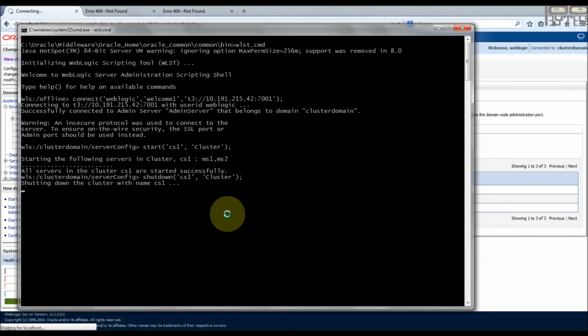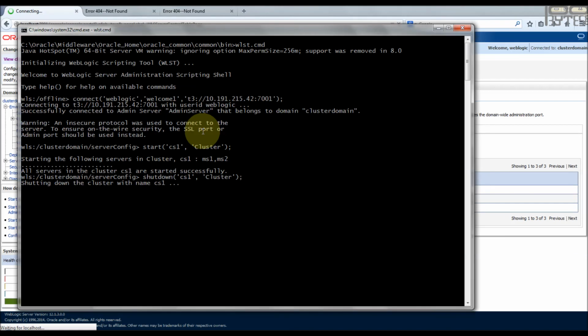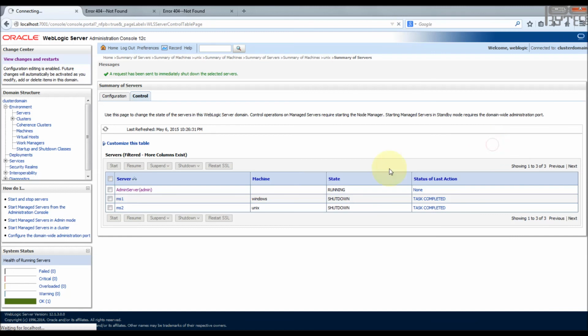One is a Windows machine and another is a Linux machine, and we can monitor the status in the admin console. Okay, now it says both the servers were shut down. Let's see the status in the admin console. Okay, you can see that both are in shutdown status.